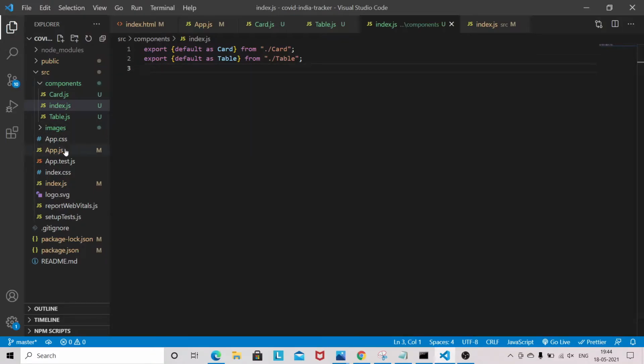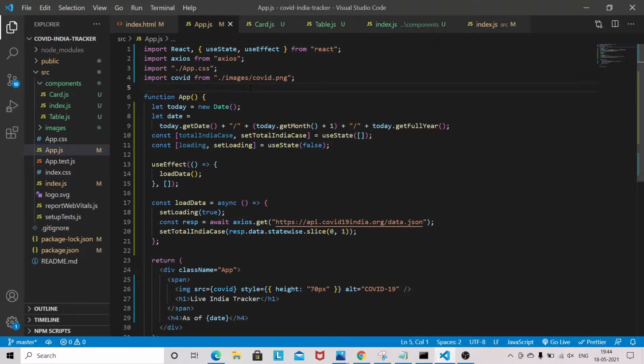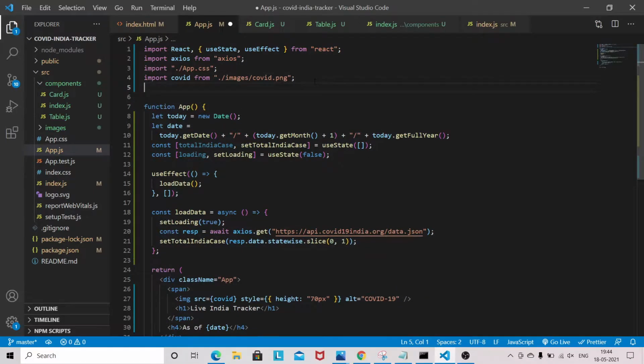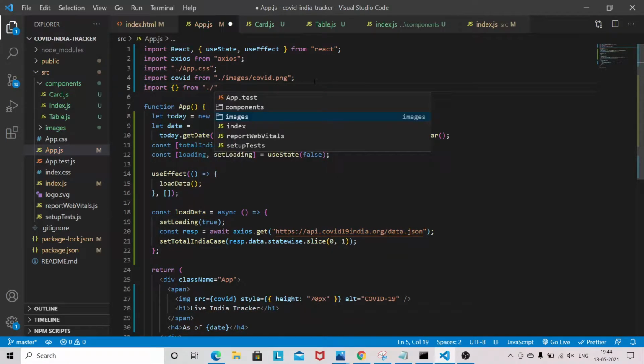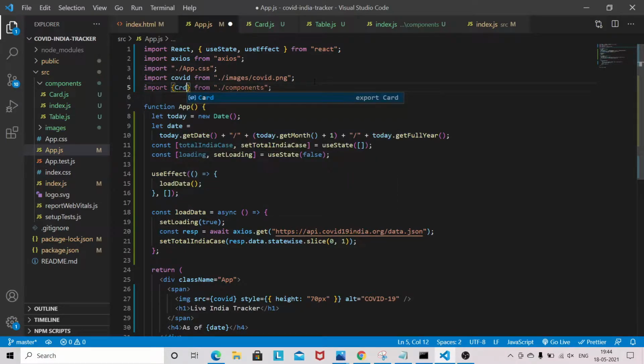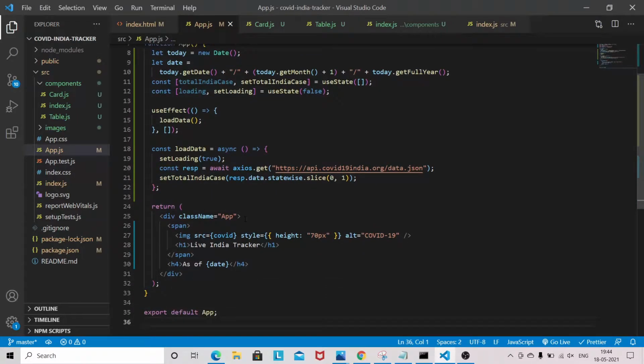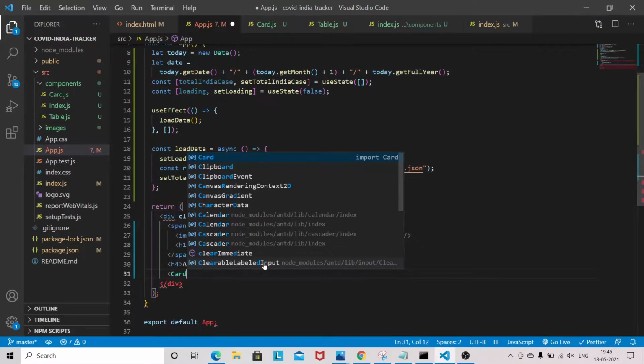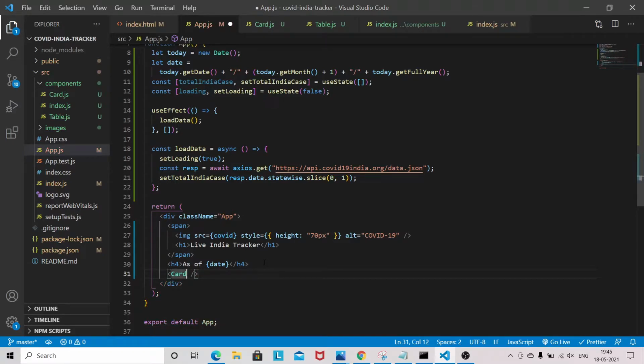Okay, so here then we will import the card. Okay, so card. Now, so in card we will be sending the total India case. Okay,